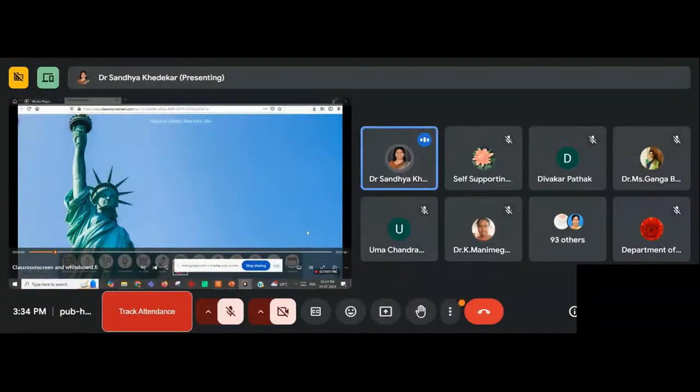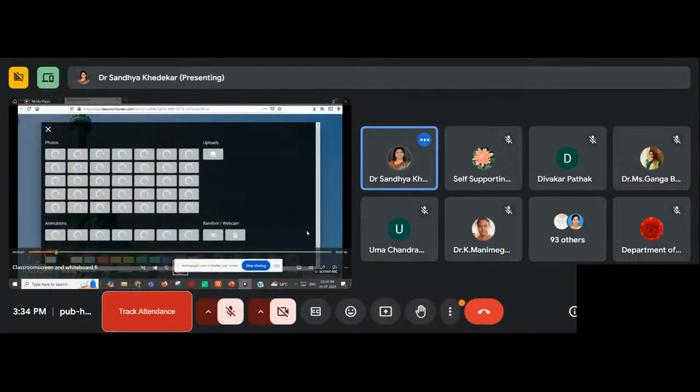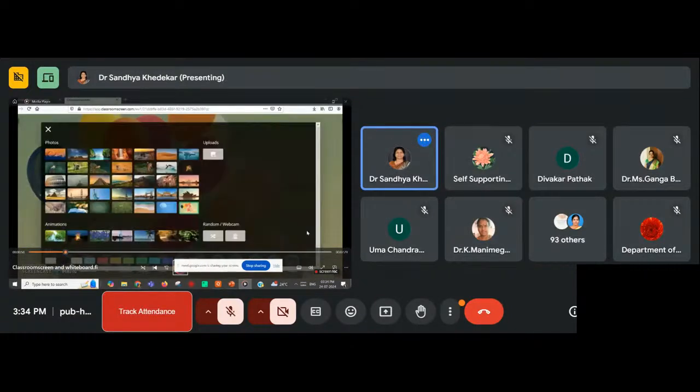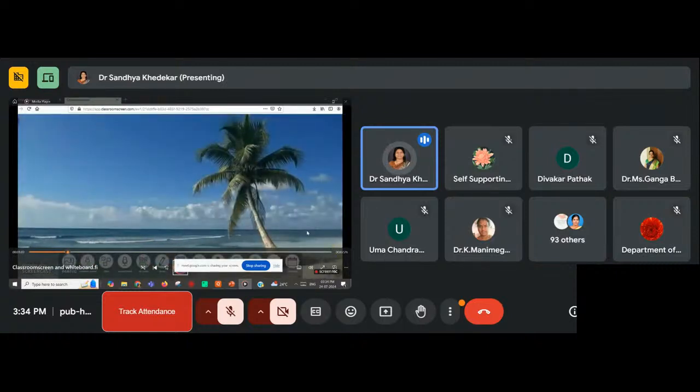If I want to change the background of the screen, I just go on the background and you will see many still photos and some animations also. You can click on any and your background image will get changed. But I always prefer animation because animation gives you a different impact. I will show you how. Suppose I click on this image, and you can see this is an animated image.